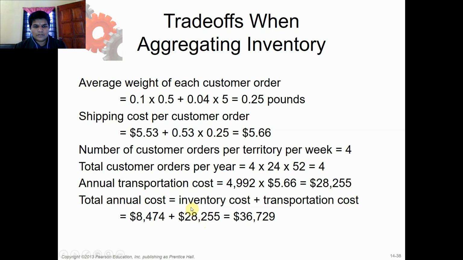So the total annual cost is equal to inventory cost plus transportation cost. So you take 28,255 plus here this figure, actually total customer 8474, so you will get a sum of 36,729 US dollars. Okay,